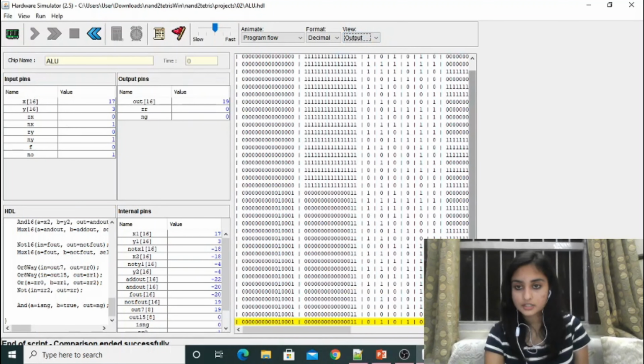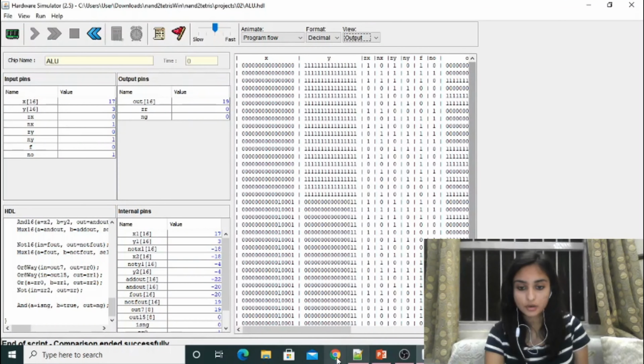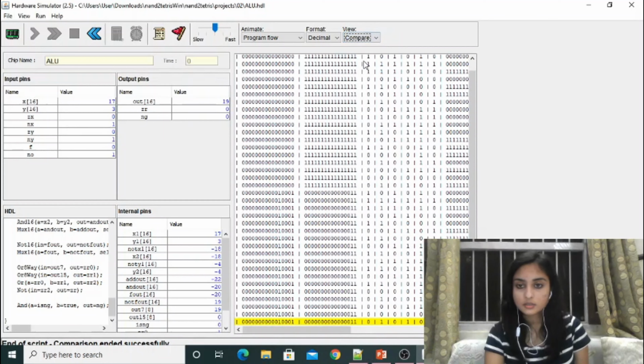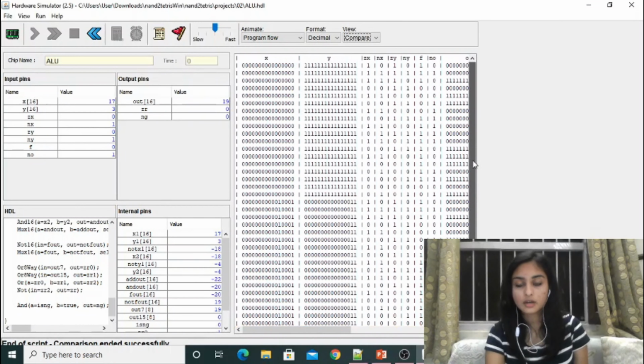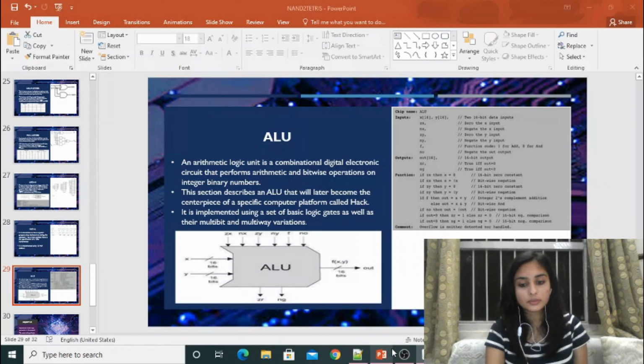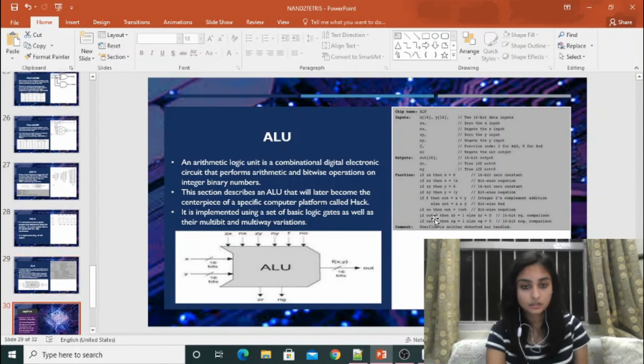So the output is actually very long, and this is the type of output that we'll be getting from it. And now we'll compare it. So we made the comparison and there were no changes made in the output that we got. Therefore, our code has ended successfully. So basically, these were all the codes that we implemented in our project 2.